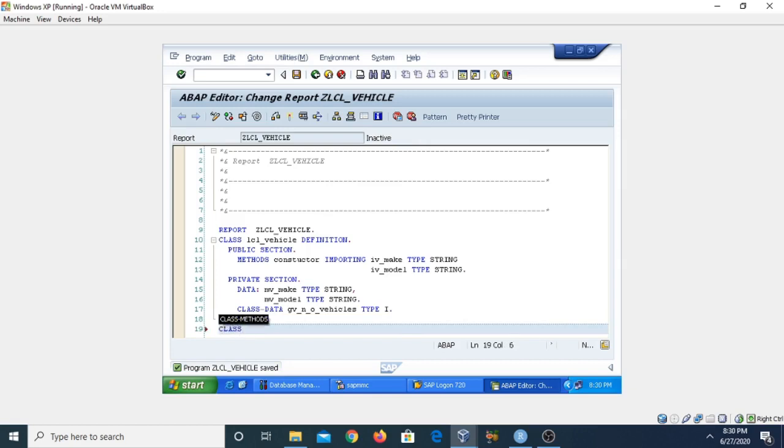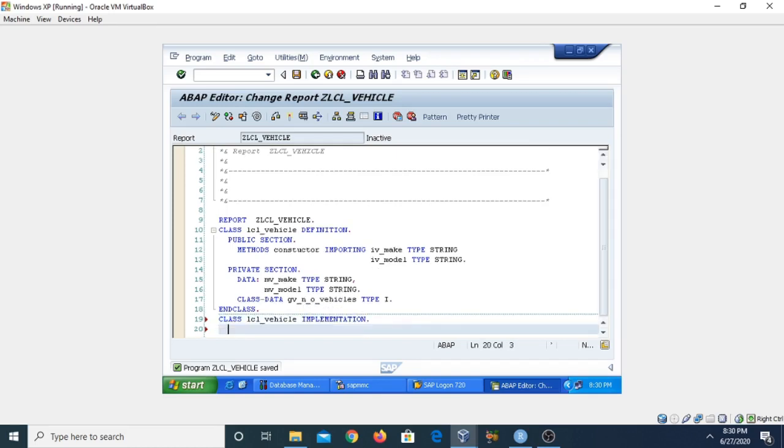Now we are going to implement the class. Again we take the class keyword and then the same class name that we have taken, LCL_vehicle, and then implementation. Now we need to define the method, and the method we have taken is constructor.